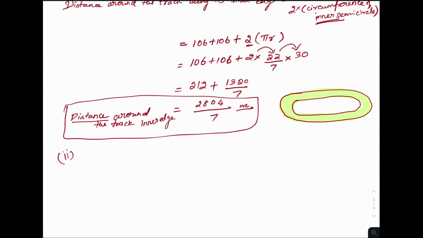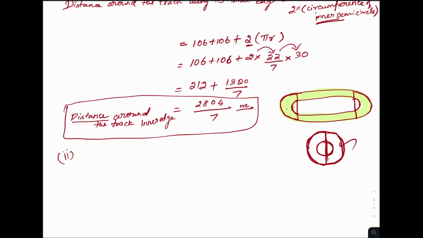The area of the track is equal to... I'm going to divide this in such a way that I'll get a semicircle here and another semicircle here. So this seems to be like a ring. When you join these two semicircles, it will be of the form of a ring. This is how we have joined: the inner semicircle and the outer semicircle. One part, the other part, when we join, will get like a ring.